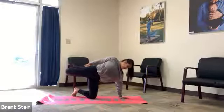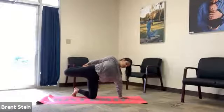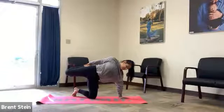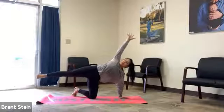Look anywhere it's comfortable for your neck. Do your best not to collapse the shoulder towards the ear, instead push the ground away. Feel that glute activate as you squeeze it. Feel that hip flexor, quad. Find some extension. One more inhale and exhale, and then inhale, we'll release, extending the arm and the leg, blade